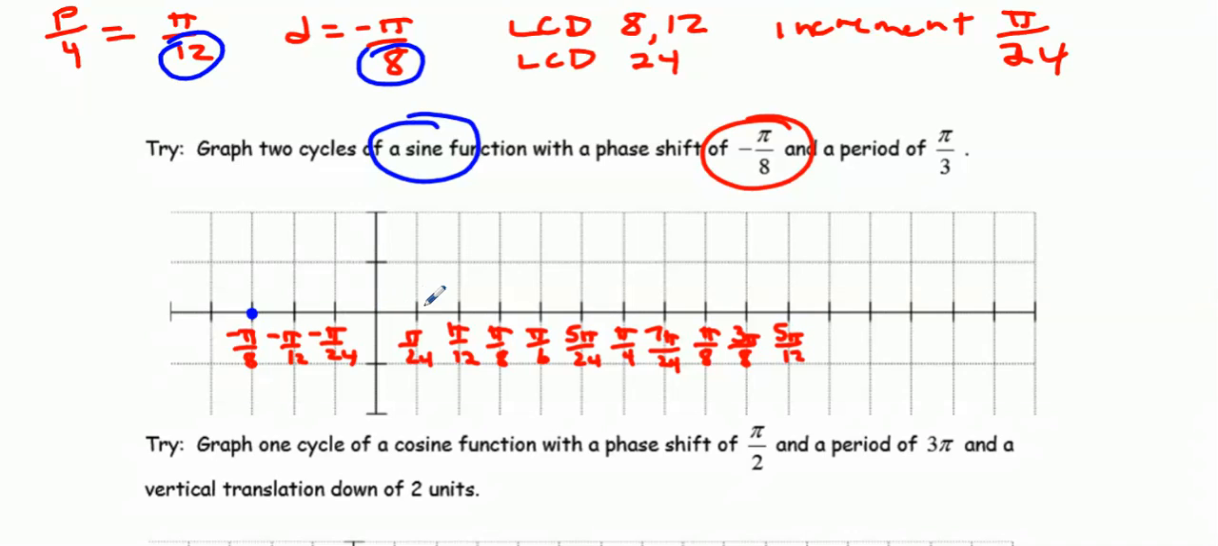Pi by 12 is represented by 2 squares. So I'm going to go over 1/4 of my period, which is pi by 12. I'm going to go over 2 squares, and I'm going to go up to my max of 1. 2 more squares down to my equation of my axis, 2 more squares down to my minimum, etc. So there's one cycle. I'm just going to keep on trucking here and do